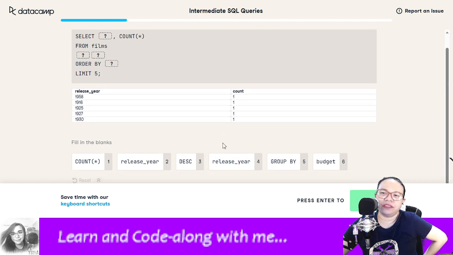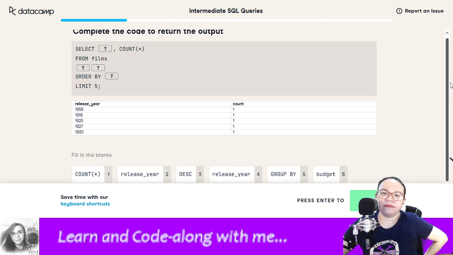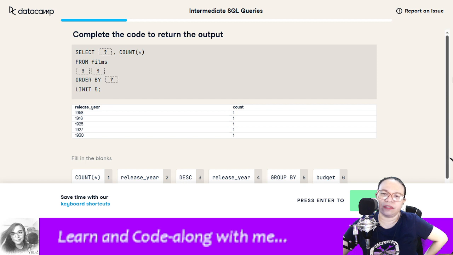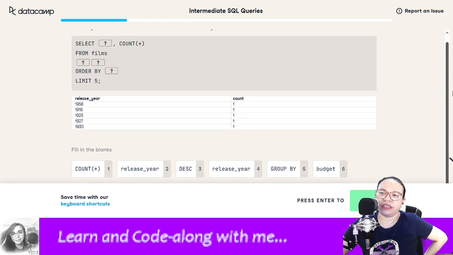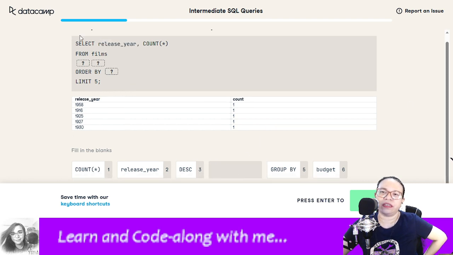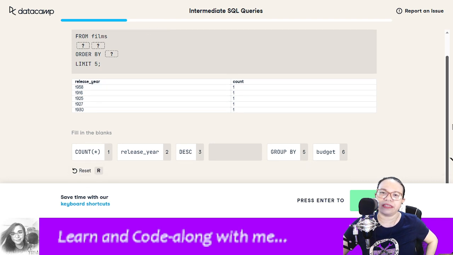So release year, wait, complete the code. First, release year and count asterisk, so release year. Then the output here is release year and count. Then from films, next is